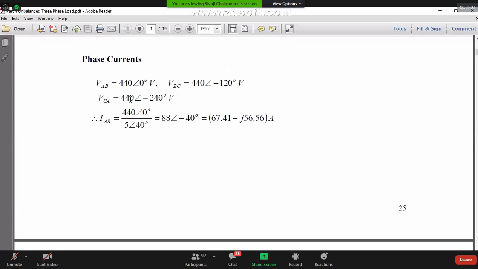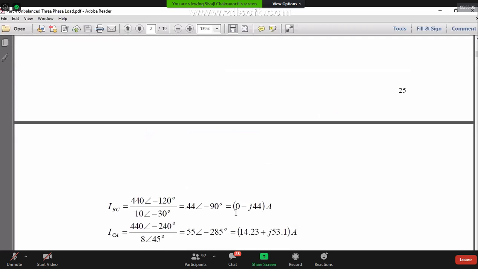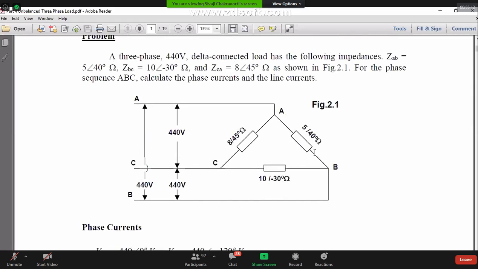Here something was missing in the problem. If you recall our last discussion, there was something called a phase sequence, because without the phase sequence we cannot write these angles. But normally, when nothing is specified, the phase sequence is either written as ABC or called radial. So in this problem the phase sequence is not given, so we take it as ABC. AB is 0 degrees, that is our reference, BC has minus 120, then CA has minus 240. This is quite obvious because the source is balanced, so I can write this without asking anybody.